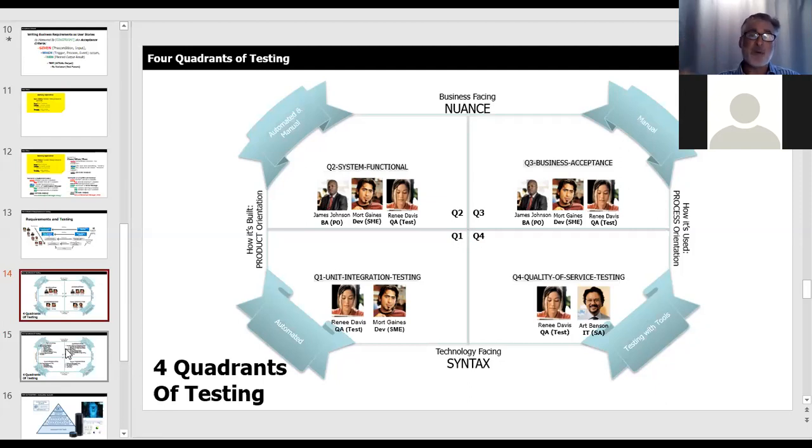Process syntax would be your quality of service, the environment, your non-functional type of requirements, and then process nuance,